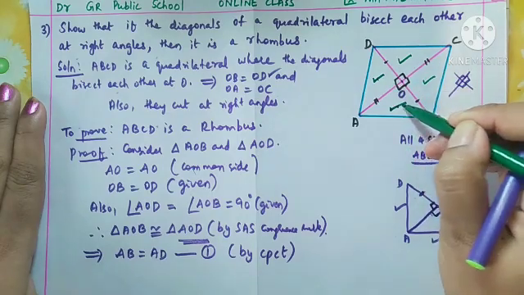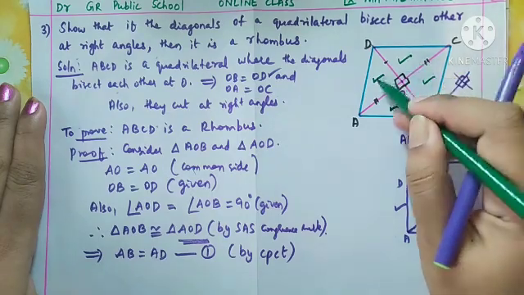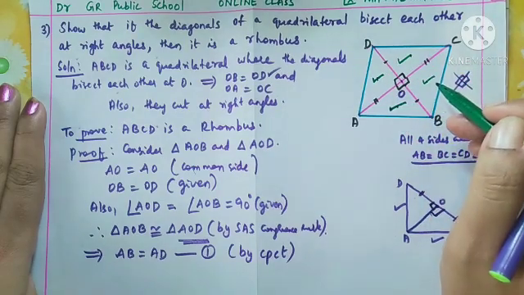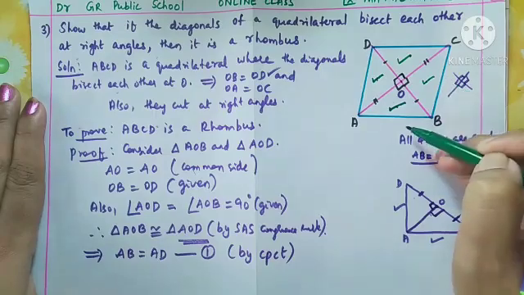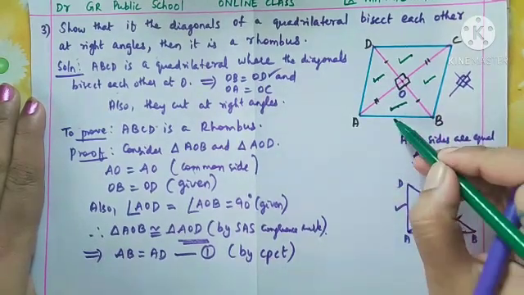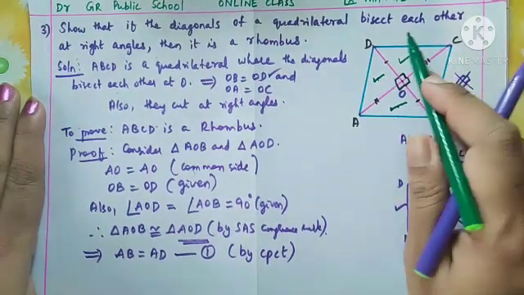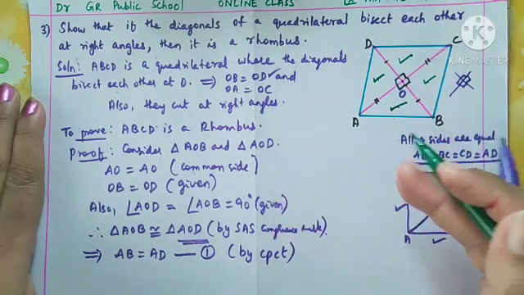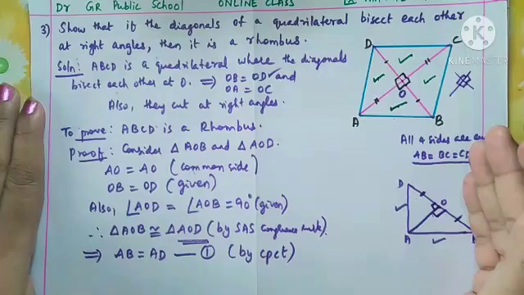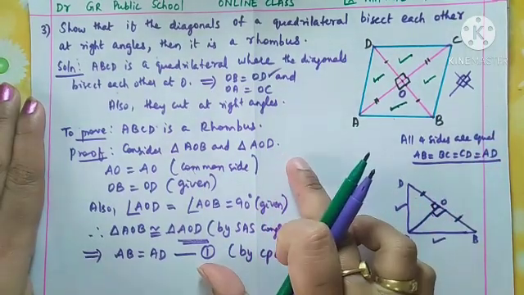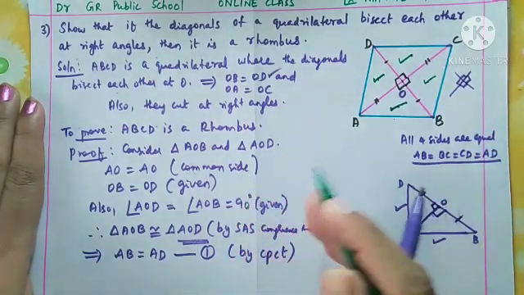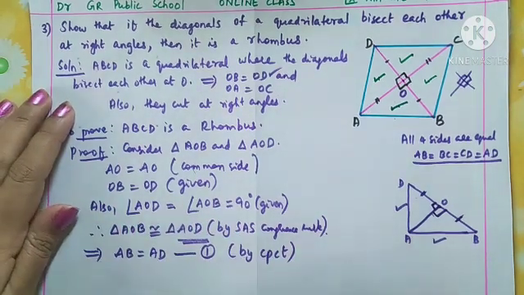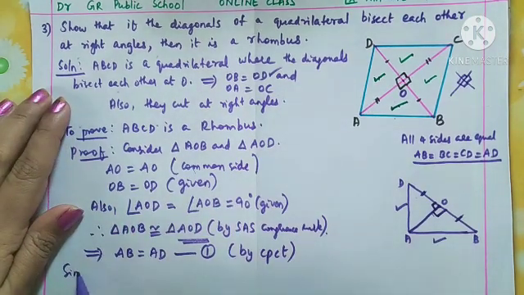First this two, then these two, then these two, then these two. When you take all the four pairs of triangles here, every time you will get by CP/CT these corresponding parts are equal. So no need of writing the same steps again. You can write similarly. Okay, one condition is proved here. So you can say similarly we can prove for other also. So you can write like this: similarly